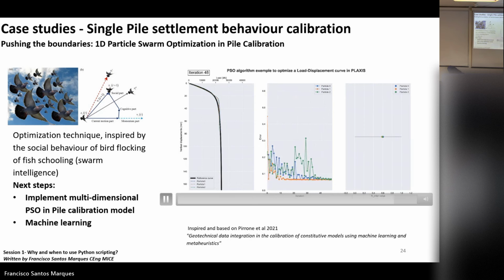We only run the analysis by changing the R interface, and we run until we minimize the error by using the least squares method, making sure that by the end of a couple of iterations, both particles are converging to the PAL test. That's going to be the future. In other areas it is already well implemented, but we are still a few years away from implementing this in civil engineering. But I think if we never try, we'll never be able to do that.